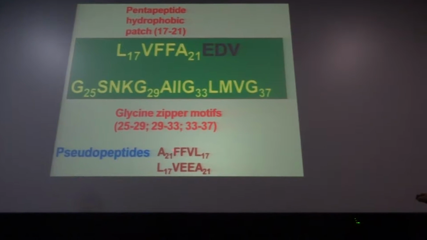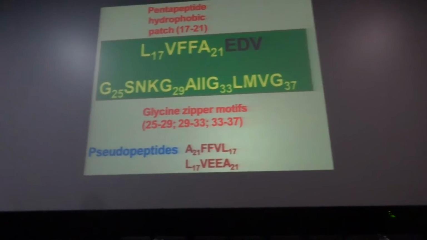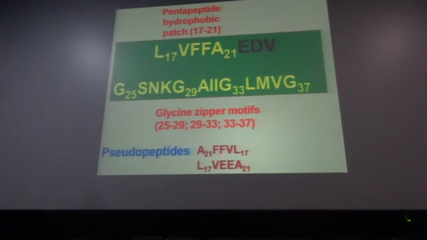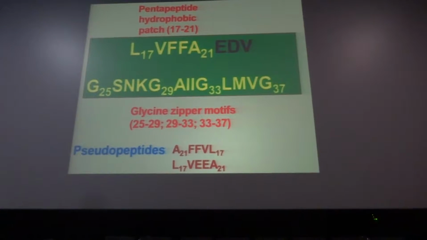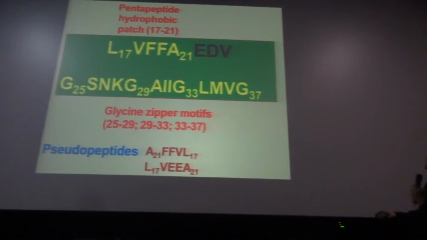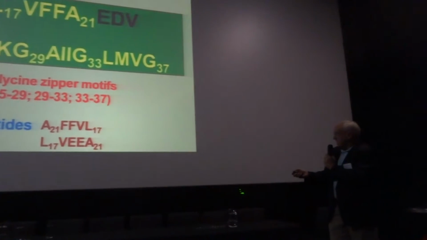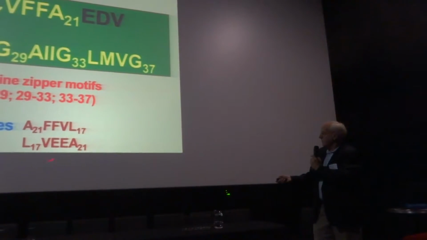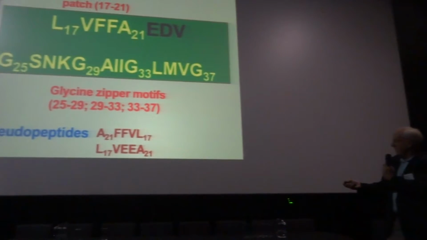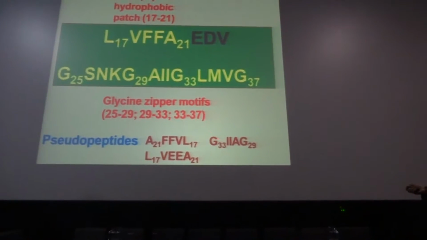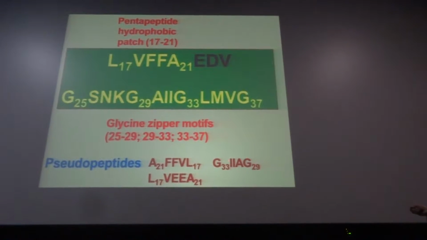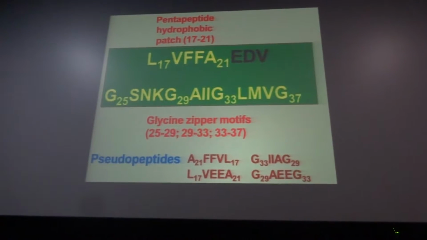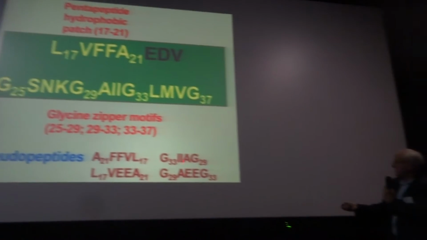Now, I appreciate that even in this reverse sequence, one of the phenylalanines remains in the same position. So we are aware of that. We took cognizance of that. But we also replaced the phenylalanines with a glutamic acid. We also took the 33 to 29 and reversed that process, 33 to 29, and in fact replaced the isoleucines